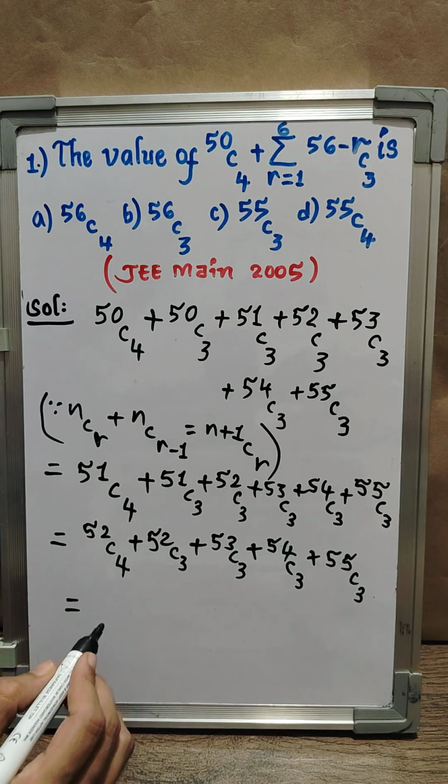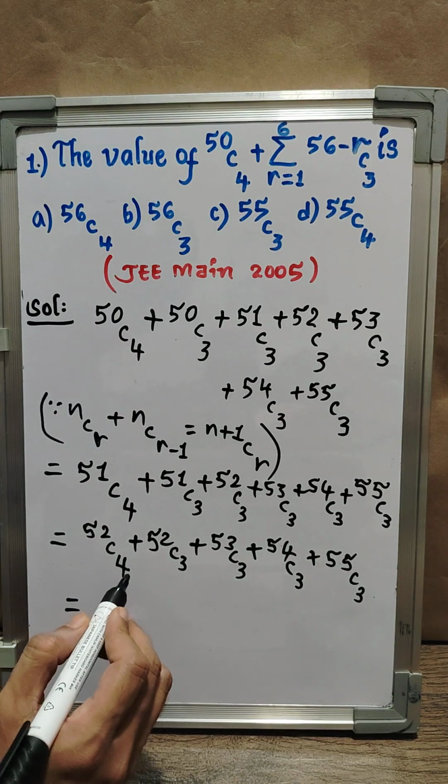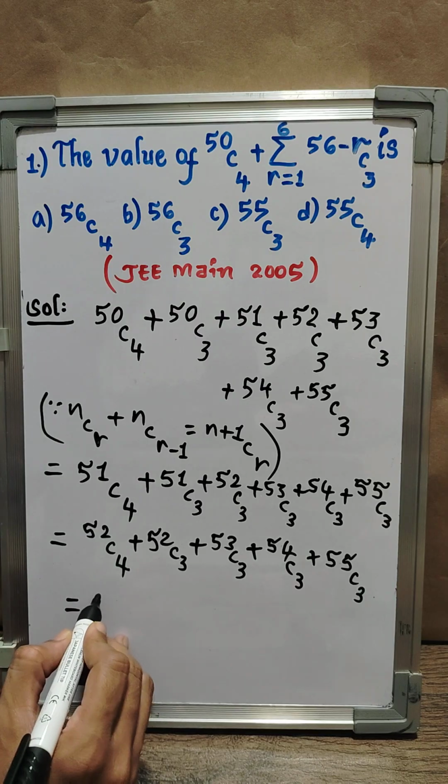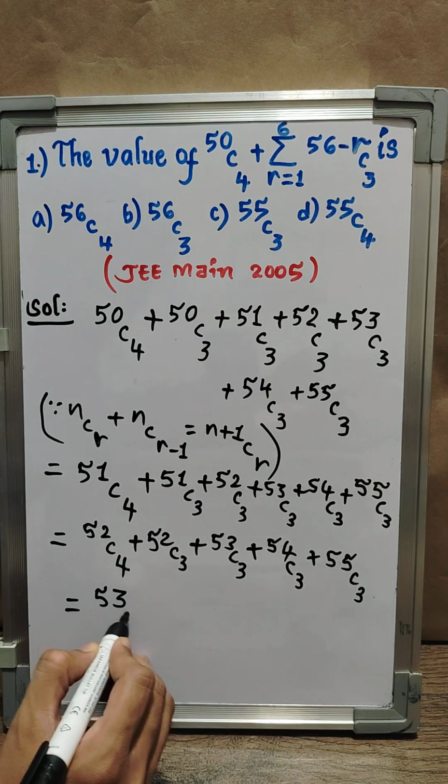Next, instead of the first two terms, we can write it as N plus 1 CR,